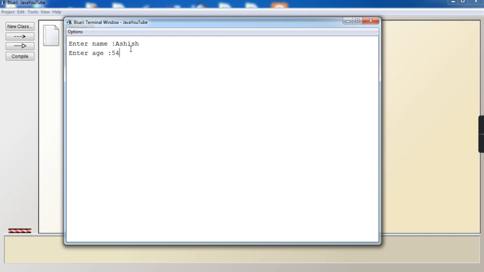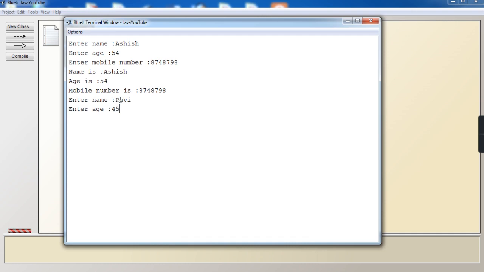Age, mobile number. See, it is displayed. So once you have entered the name, age and the mobile number, see, enter the name, enter the age, enter the mobile number. So all these have been displayed over here. Now it is asking you to enter for the second name, for the second friend. Now the second friend is Ravi.